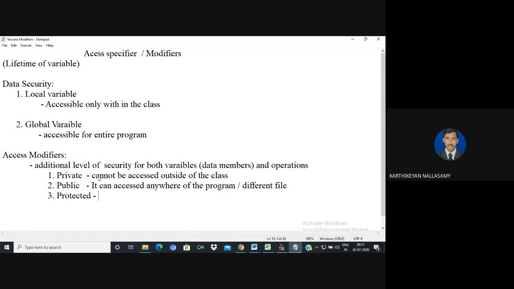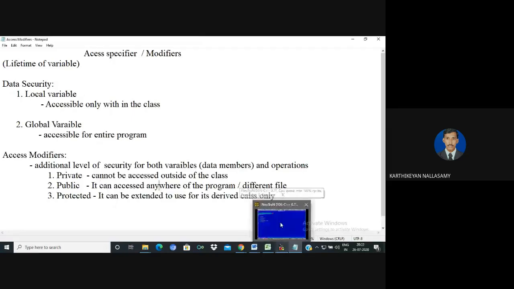Protected is also like private, but it can be extended for use in a derived class. That is the inheritance concept. Class only, not outside. So these are the three possible access modifiers defined in C++. And the default access modifier is private.